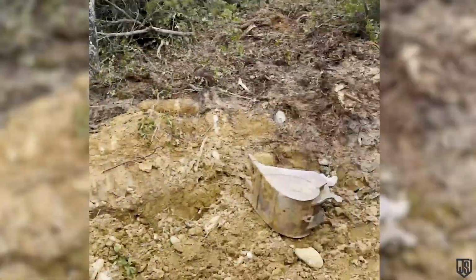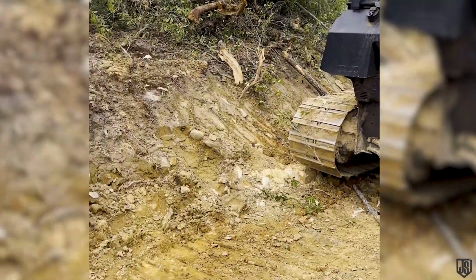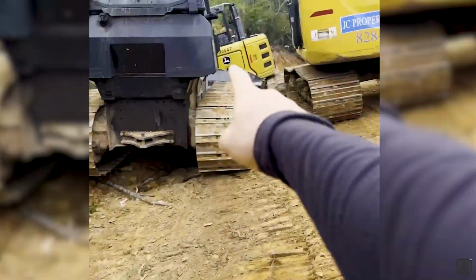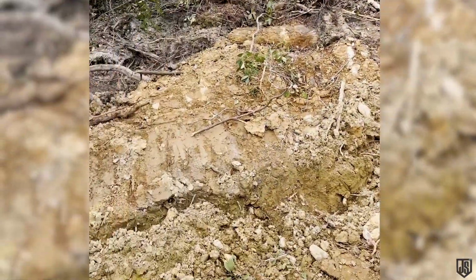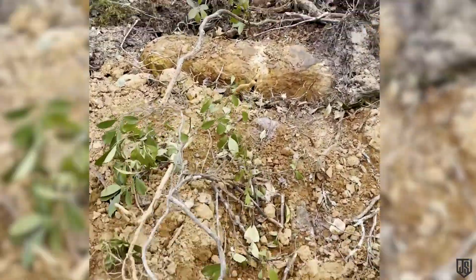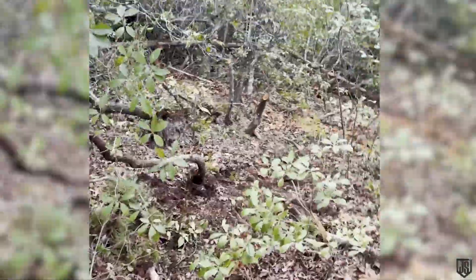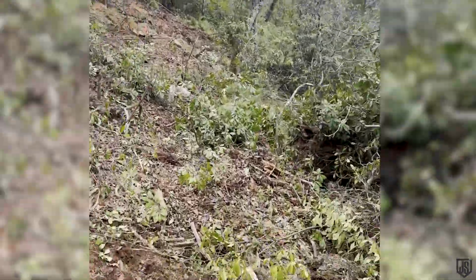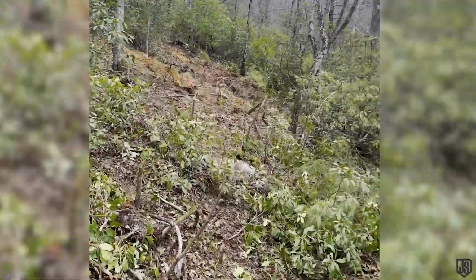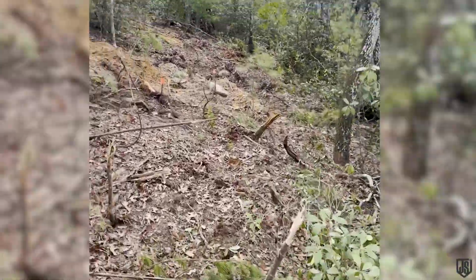One of the last lots they bought up in here, we met with the soil scientist last week and worked with them with the mini excavator to do some grubbing and clearing for them, digging some perk holes to try to check this soil out. Out of 5 acres here, this is the only spot we could get that was good enough soil for a regular conventional system, which is great because it's going to save the customer, shooting off the hip, roughly around 30,000